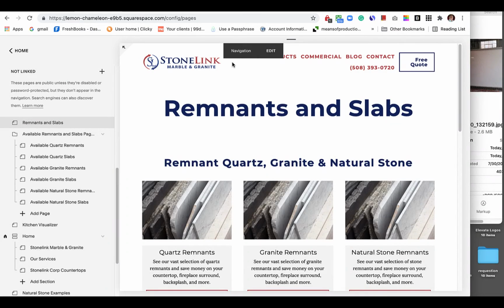Hi Mallory, it's Michael here, and I wanted to go over adding images and descriptions for the remnants and slabs section of the site. So I wanted to show you in the back end, when you log into the website,